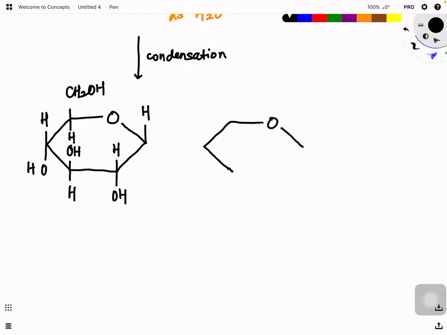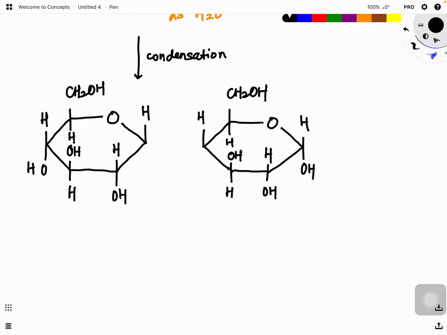In the exam, you need to know how to draw, okay? So this H, carbon number 5, carbon number 6, CH2OH, H, OH, H, OH. So carbon number 1, 2, 3, 4, 5, and 6. Carbon number 1, 2, 3, 4, 5, and 6. So they form this